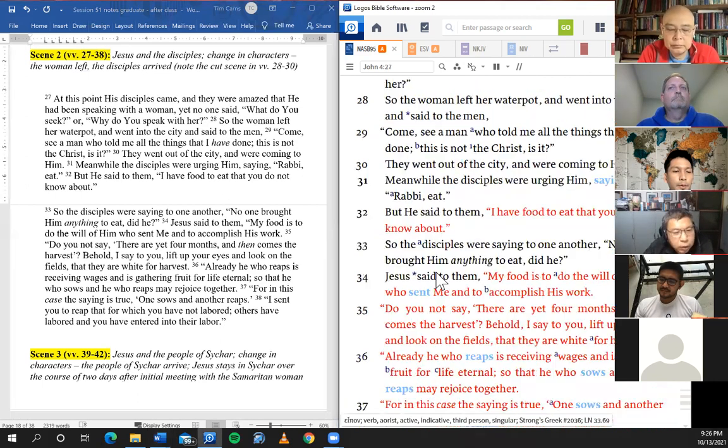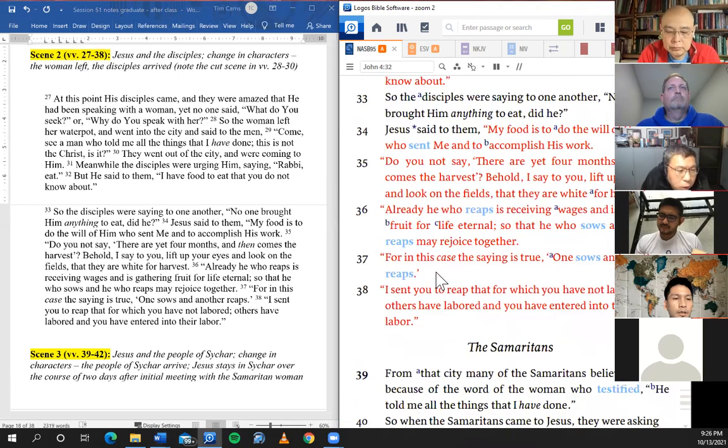Verse 33 to 38. So the disciples were saying to one another, "No one bought him anything to eat, did he?" Jesus said to them, "My food is to do the will of him who sent me and to accomplish his work. Do you not say, 'There are yet 4 months, and then comes the harvest'? Behold, I say to you, lift up your eyes and look on the fields, that they are white for